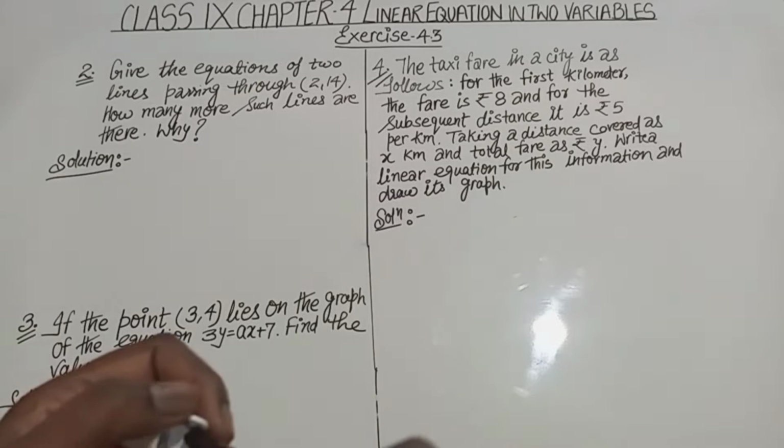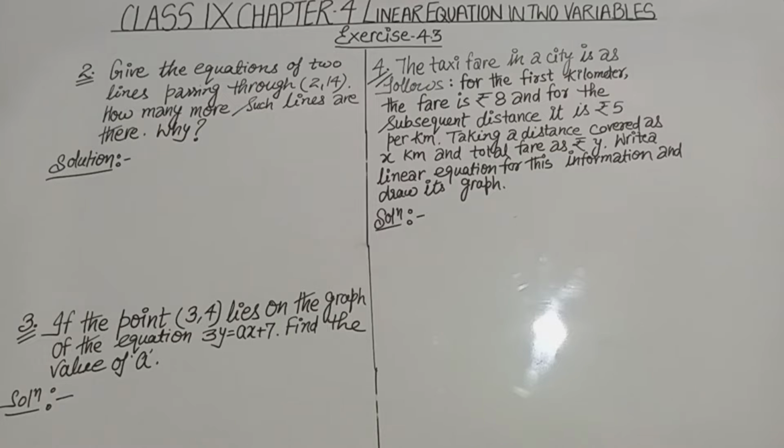Today's video we will do class 9 maths, chapter 4, Linear Equations in Two Variables, exercise 4.3. Before this video we have studied the introduction, 4.1, 4.2, and the graph representation of a linear equation in two variables, and this exercise 4.3 depends on the graph of a linear equation in two variables. We have already done question number 1 in the previous video. Now we come to questions 2, 3, 4 in this video.